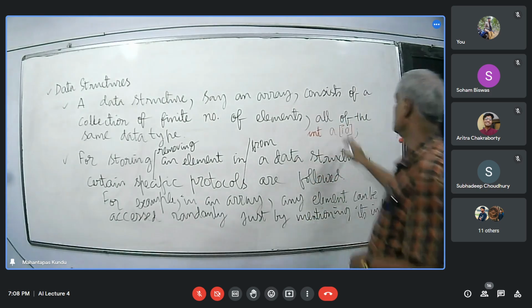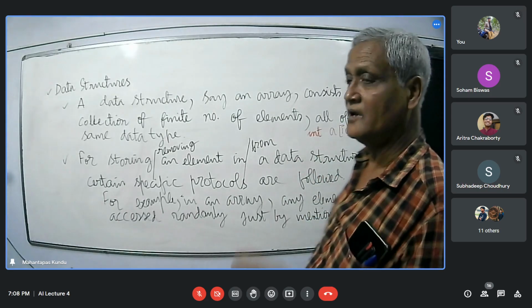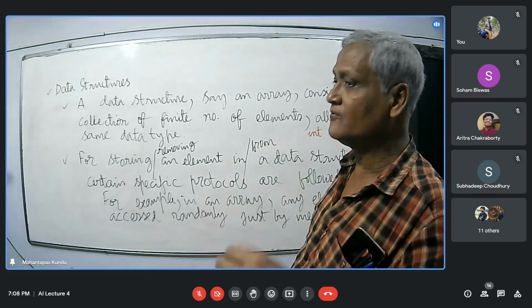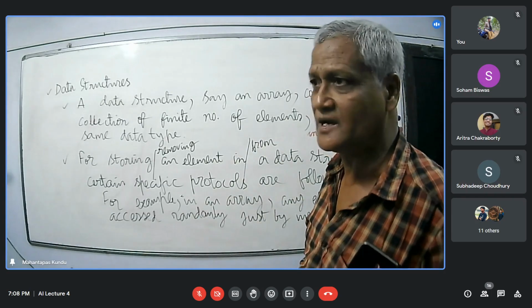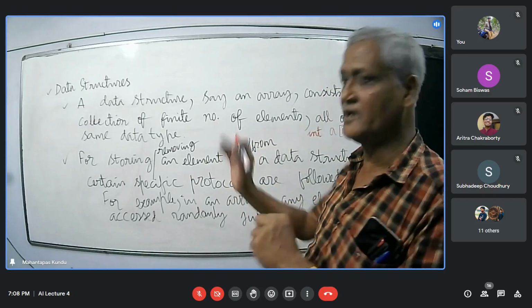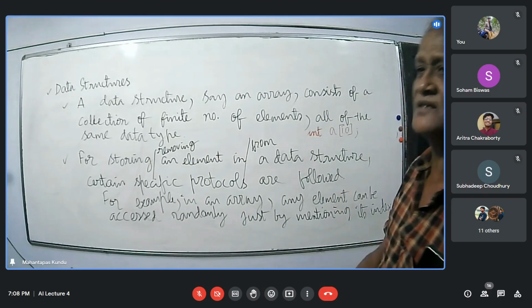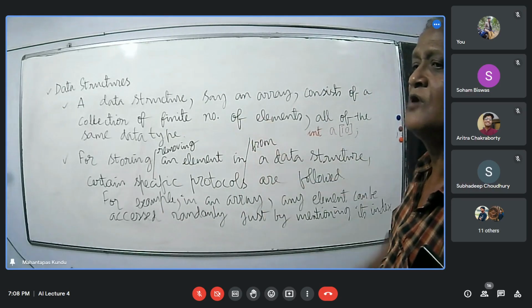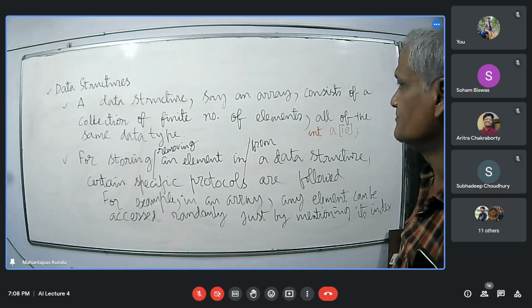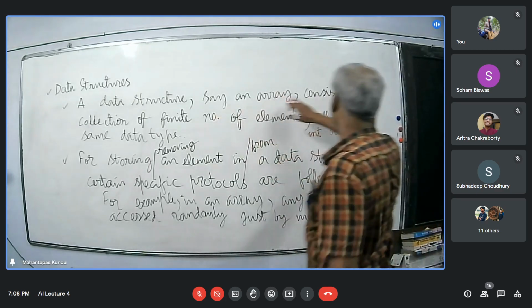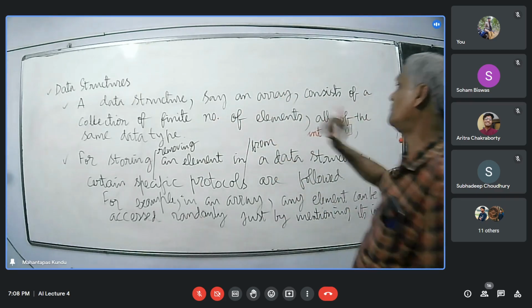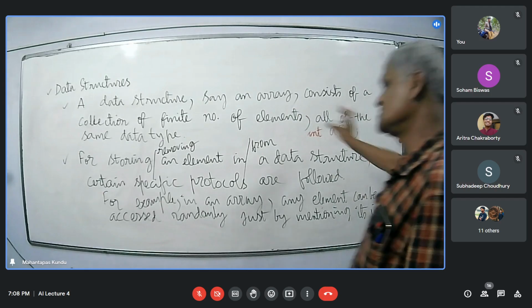That is, it is an array of elements, all of integer data type. And how many elements are there? 10 elements are there, which are indexed as A0, A1, A2 up to A9. So a data structure, say an array, consists of a collection of a finite number of elements, all of the same data type.